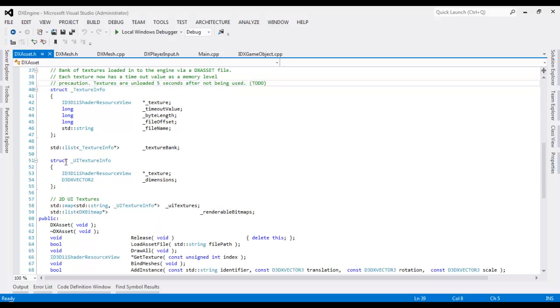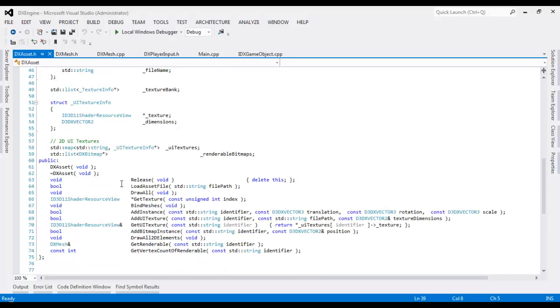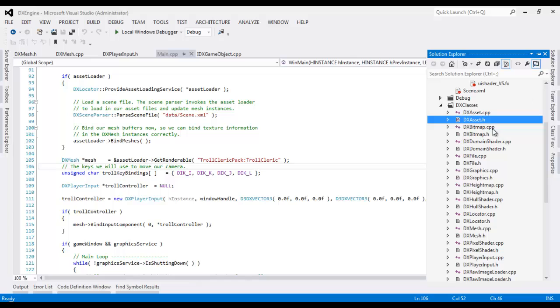Finally, we also have UI text info, which also stores a shader resource and the dimensions of the texture, and another map to store our renderable UI textures and bitmaps. This class also includes a multitude of functions. The main ones we want to look at are the load asset file and also the bind meshes function, which we have used already. So we'll go into our DX asset CPP file,